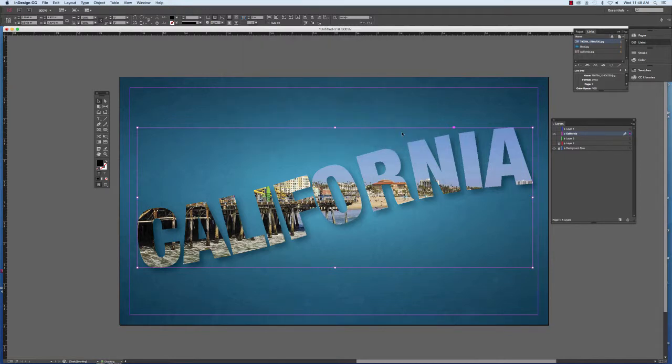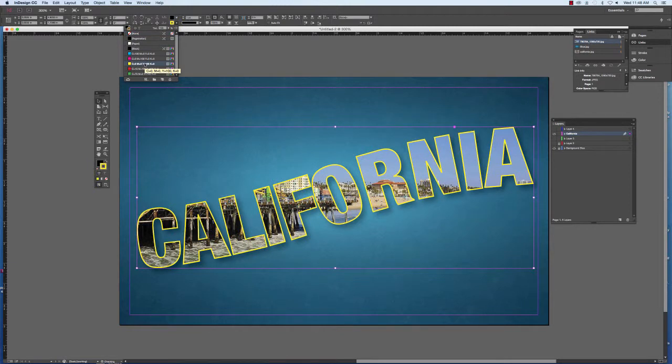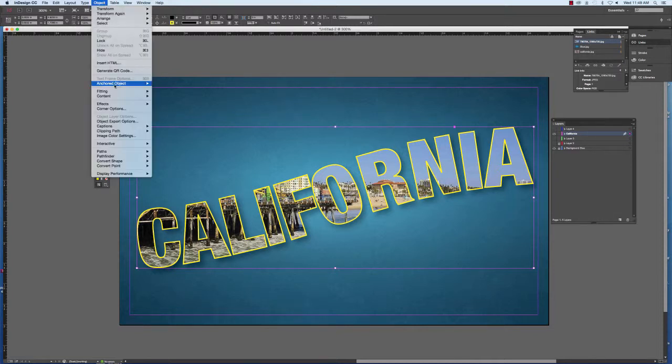I'm going to hit OK. Now, this is a shape, so I can actually even put a stroke color around it. We're going to give it its nice yellow so that it has a little pop off of that blue background. I'm going to go back up into my effects again,